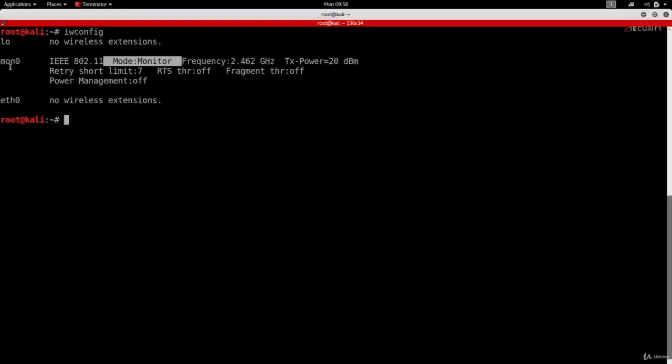You just want to make sure you enable monitor mode using one of the methods shown before, and then use the name of the adapter that is in monitor mode when you run Airodump-ng. Now, to run Airodump-ng, we're just going to type the name of the program, which is airodump-ng, followed by the name of my wireless adapter in monitor mode, which is mon0, as you can see in here. So the command is very simple. We're typing the program name, followed by the name of my interface in monitor mode.